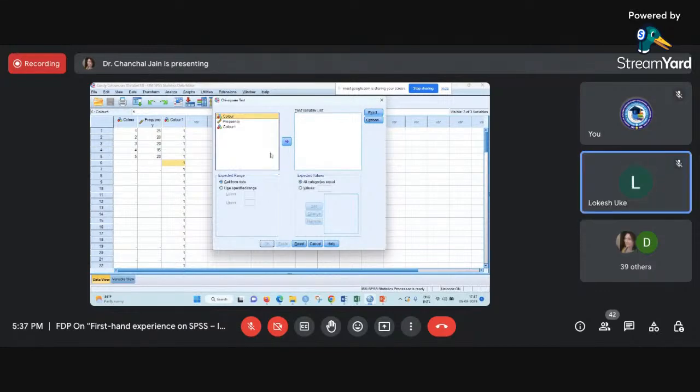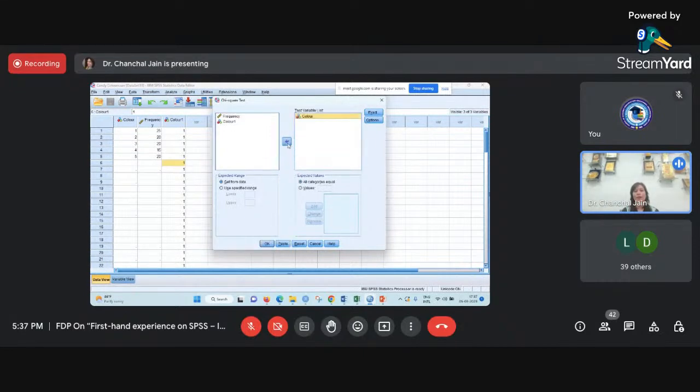Now, as I want to perform my analysis on the color, I'm shifting the color variable from the left box to the test variable list box. So with the help of the arrow, I have shifted my variable here. Now you can see,